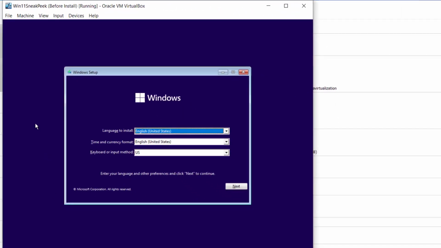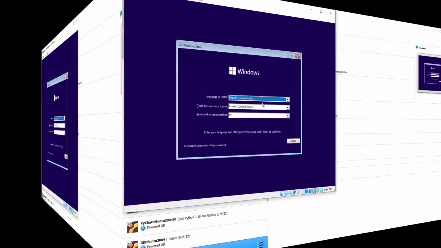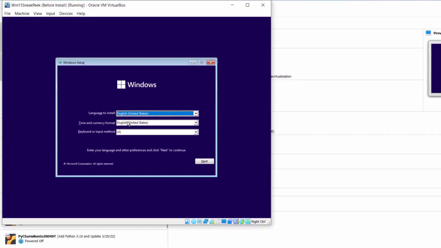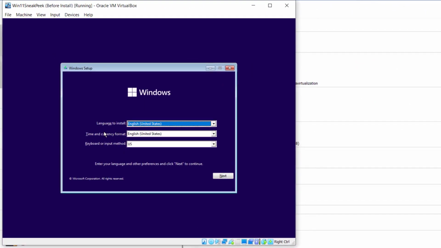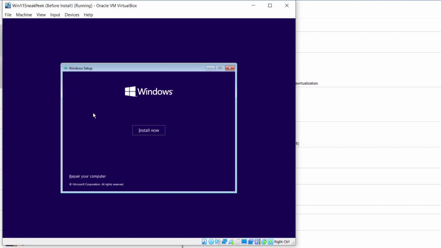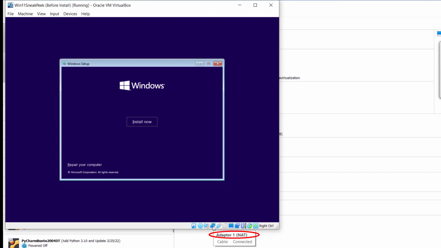In the next section, I'm going to continue with the install. Check and make sure it's English or whatever language you want to install it in, and time and currency format and the keyboard input. Click next. Now one thing that I'm going to advise, and that's up to you, as Windows is installing, it goes to the internet, and in this situation I'm trying to make the install faster, so I'm just going to turn off the internet. Since this is a virtual machine, I simply go down to this icon right here and right click on it